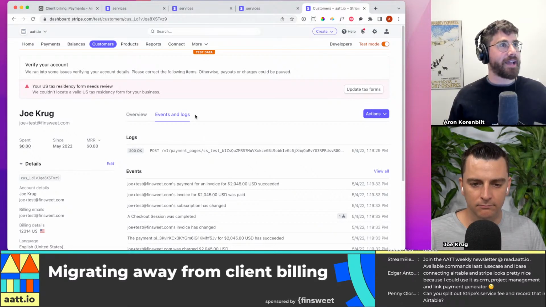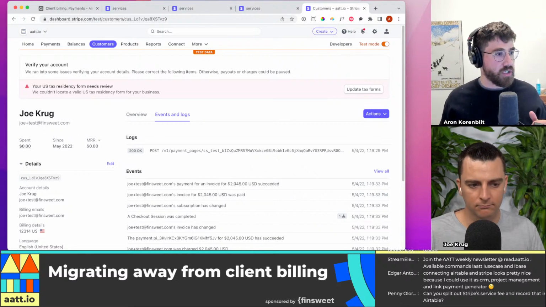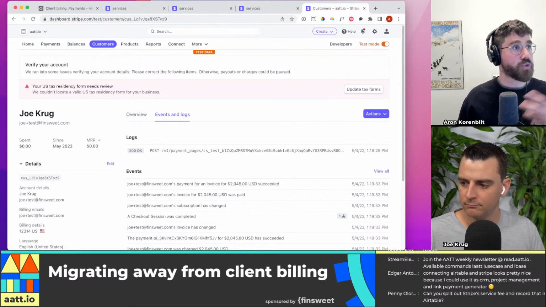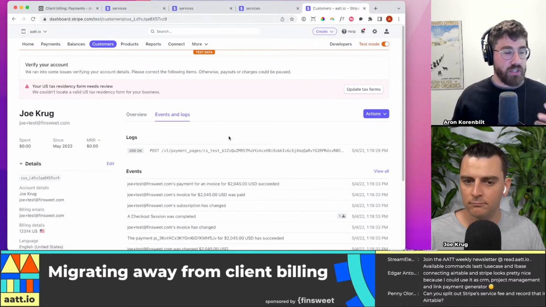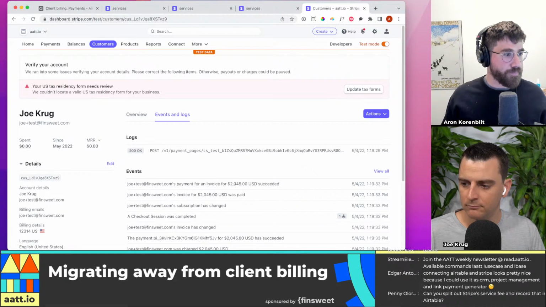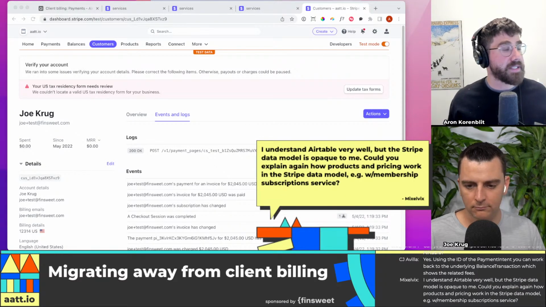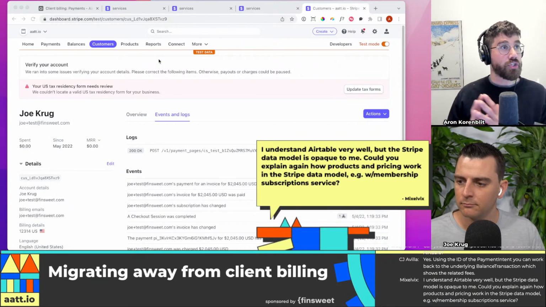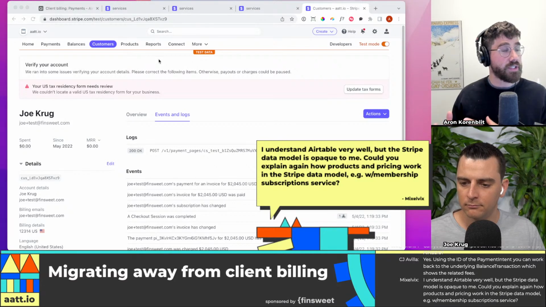And then you're like, oh, I can't manage all of this in Stripe, or my accountant wants to see payments. Or there's a great question from Penny, like, can you split out the service fee in Airtable? And you could absolutely do that using webhooks. There's a great question from Mixel, which is, can I explain the structure of Stripe? And the answer is yes, absolutely.